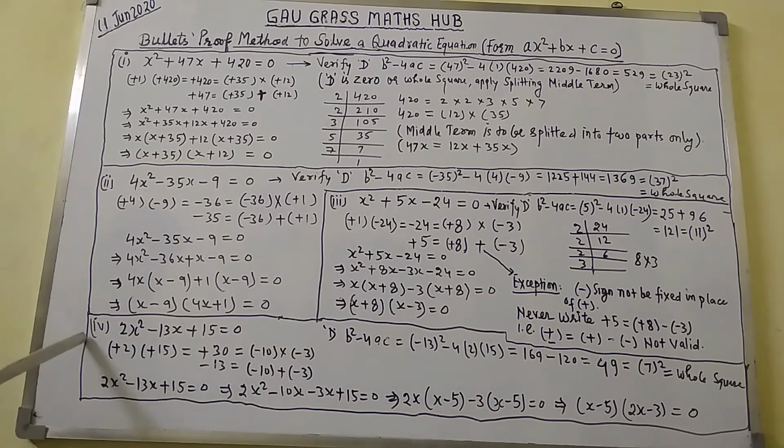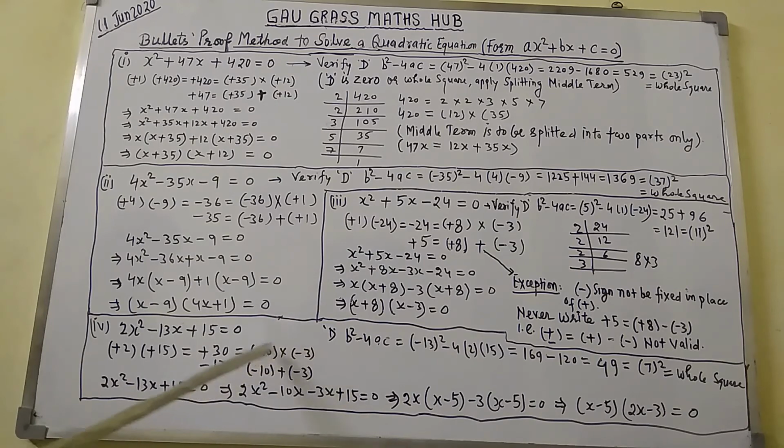Now comes question number 4. You can see here I have taken the original question, that is 2x square minus 13x plus 15 equal to 0. Here you can see the coefficient of x square itself is plus 2. I have written here plus 2. The constant value is plus 15. I have here plus 15. Both values plus 2 and plus 15 will get multiplied together. Result will be plus 30 equal to. Here I have written minus 30, that is coefficient of x, minus 13, I have written there.